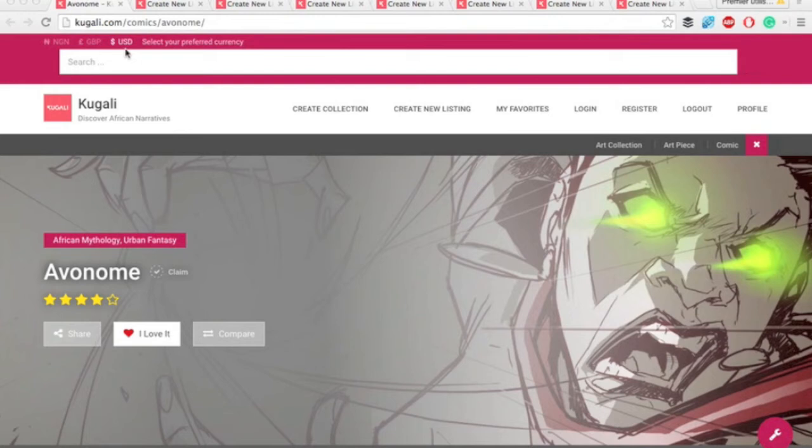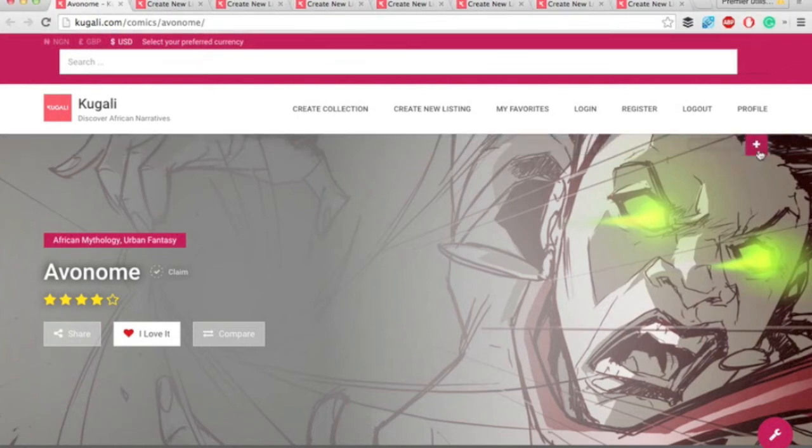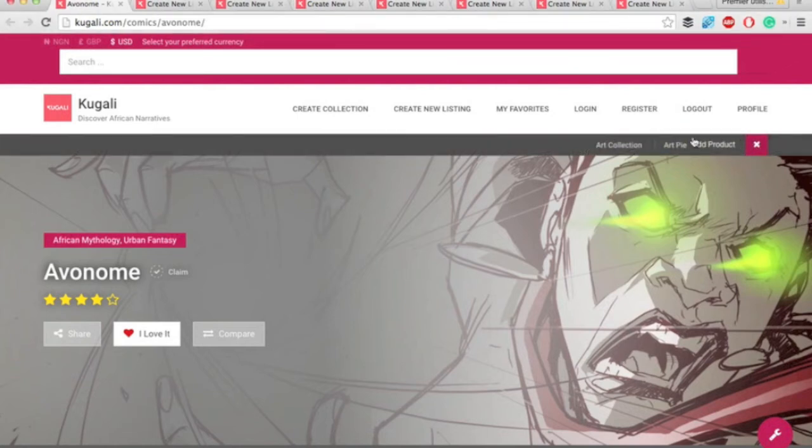Okay, so now I'm going to show you how to add something to Kugali. It's pretty simple. So normally you'd have a plus here. You just click on the plus. You can also go to create new listing if you like, but this is a bit easier. You decide on what you'd like to add. Is it some cool art piece that you're working on? Is it a cool art collection that you want to share with the community, or is it just a comic book? So if you go with comic book, you click on that, and then it will take you to a